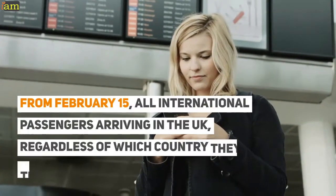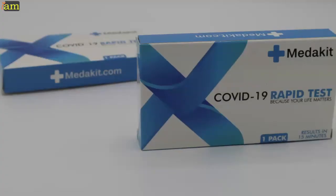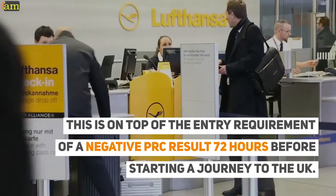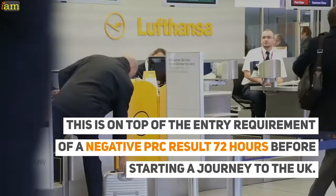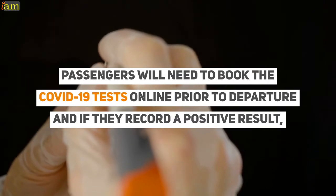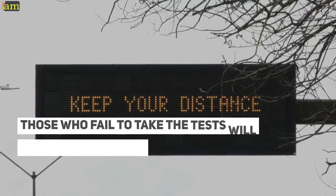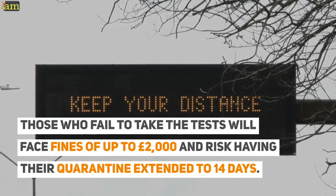From February 15th, all international passengers arriving in the UK, regardless of which country they travelled from, will be required to take a PCR test on day 2 and day 8 of their 10-day quarantine. This is on top of the entry requirement of a negative PCR test result 72 hours before starting a journey to the UK. Passengers will need to book the COVID-19 tests online prior to departure, and if they record a positive result, they will be required to quarantine for a further 10 days from the date of the test. Those who fail to take the tests will face fines of up to £2,000 and risk having their quarantine extended